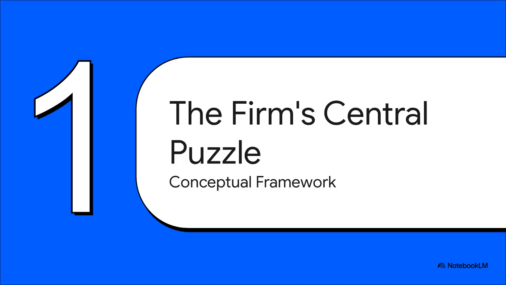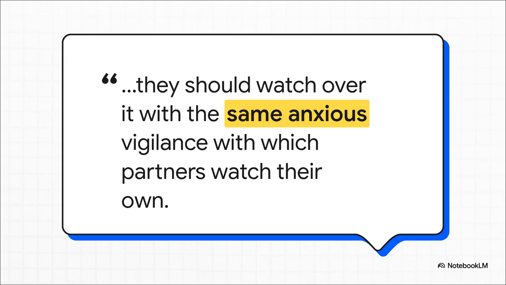So, first things first, we've got to understand the world before this paper. What's the fundamental question Jensen and Meckling are actually trying to answer here? What is a firm, and why is it so full of inherent conflicts? This core issue isn't exactly new. We're talking centuries ago. Adam Smith himself pointed out this exact problem. He basically said, when you have managers looking after other people's money, there's no way they're going to be as careful as if it were their own. This is the classic separation of ownership and control.